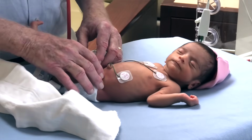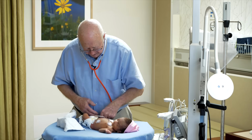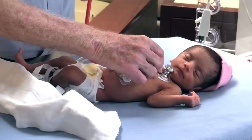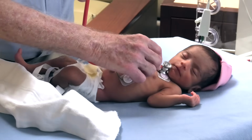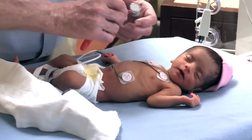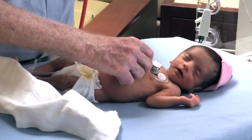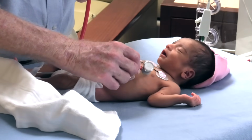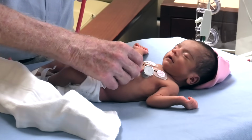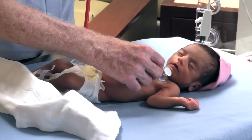I then, after I've done that examination, I listen to the heart and lungs, starting usually at the base of the heart. And working my way down along the left sternal border out to the apex, seeing if there are any murmurs. Usually the most common murmur is what we call an innocent murmur that's often heard here at the base of the heart,